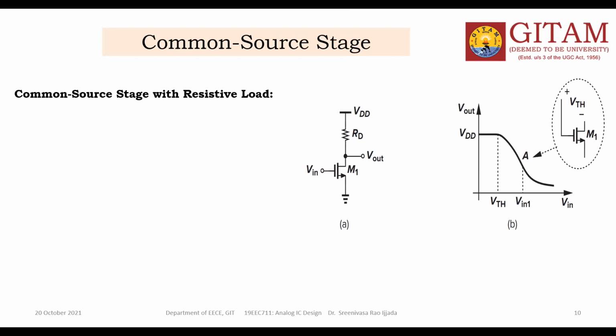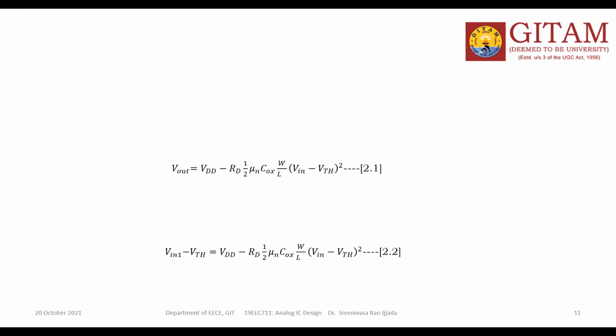Suppose the input voltage increases more than the VTH, let us say 1.8, at which the voltage is Vin1. So when Vin1, the point you can say A, this device is going into the deep triode region. In deep triode region, the VTH between gate and drain is established. We already discussed these things, but we need to discuss them once again.